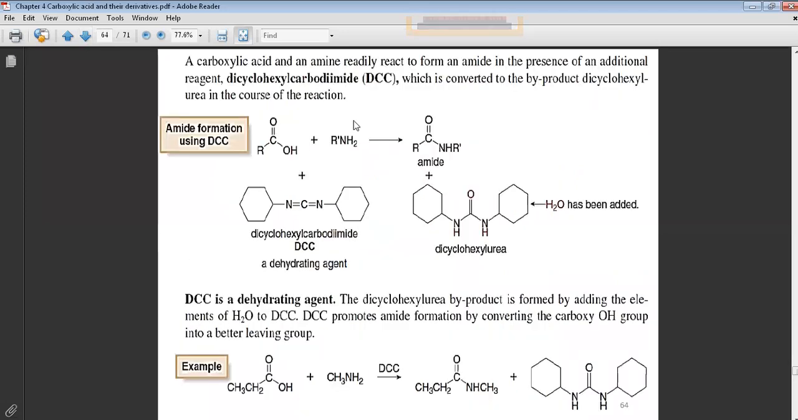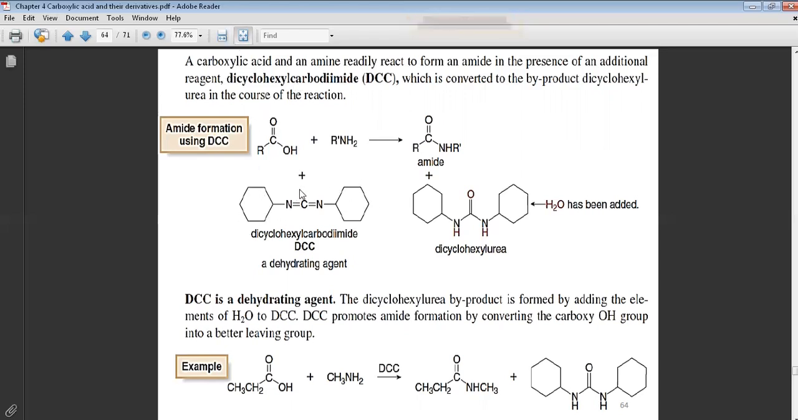Okay, now a carboxylic acid and an amine readily react to form an amide. Now look, if you have an amine like this, not ammonia, not NH3, an amine, it will be converted to the amide in the presence of an additional reagent. That means we need an additional reagent also. What is our reagent here? Our reagent here is this